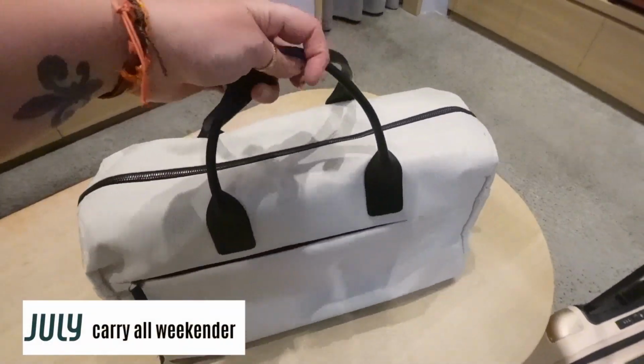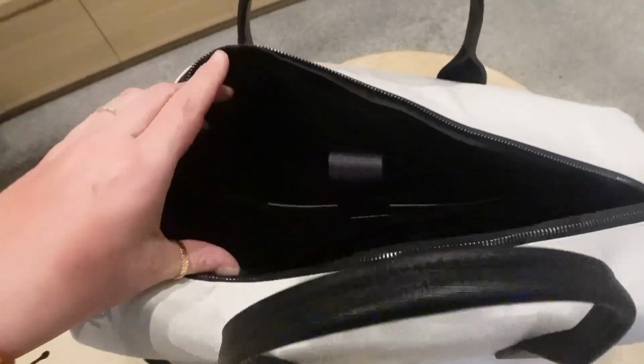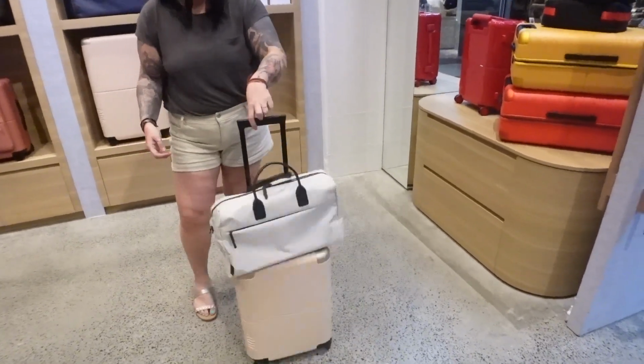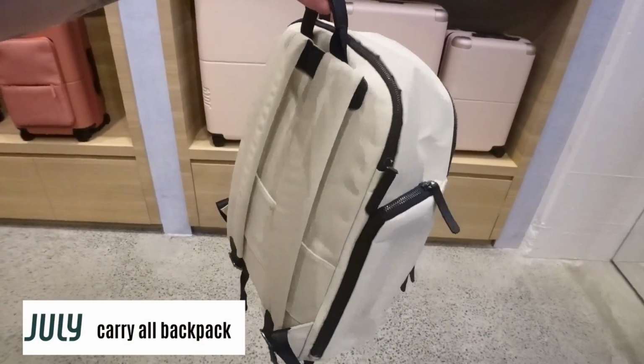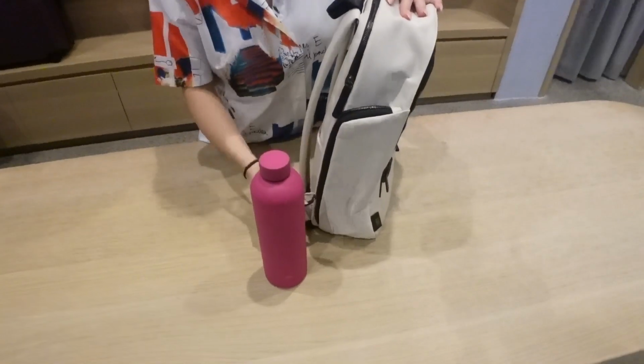This is their CarryAll Weekender, which is a great personal item bag. There's a laptop pocket, a ton of space inside, and of course it fits perfectly over your luggage to be completely hands-free while traveling. Here we have the CarryAll backpack, and I'm in love with the sleek water bottle pocket